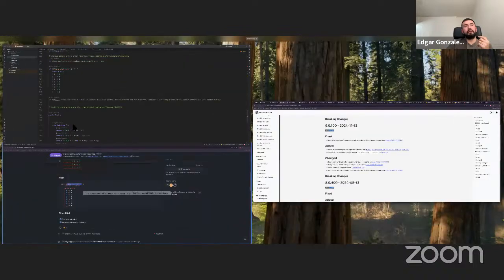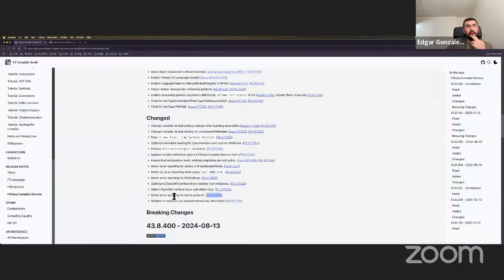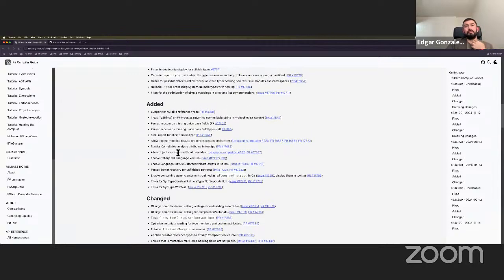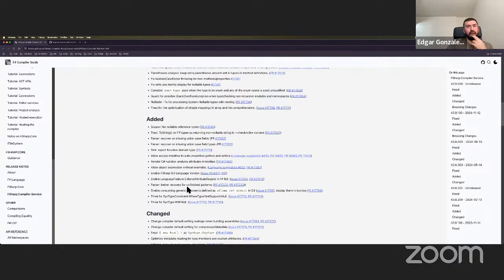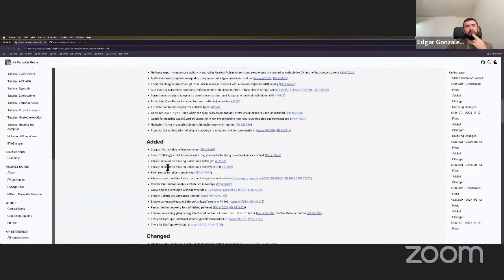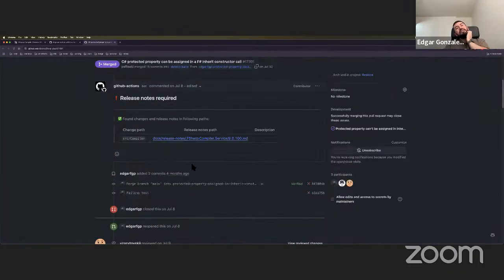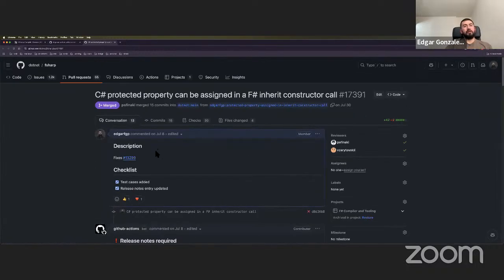All right, so I guess yes. So yeah, a bunch more parser recovery errors that were improved by the JetBrains team, and some stuff that is not really flashy or anything, but they will just fix some of the quirkiness that we found in the F# language. So this is also an interesting one. This is one where